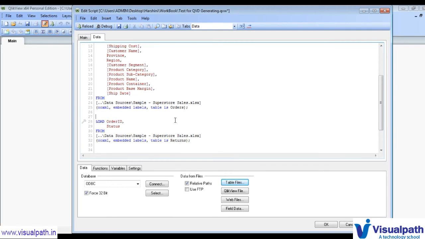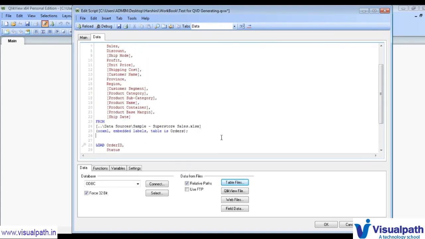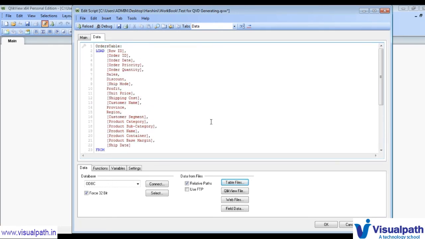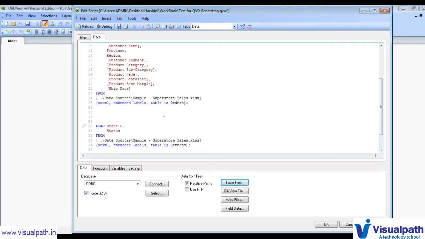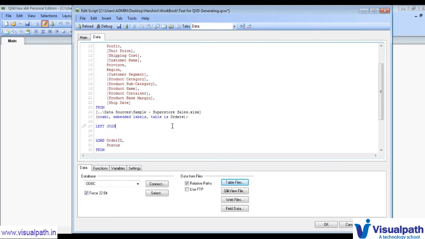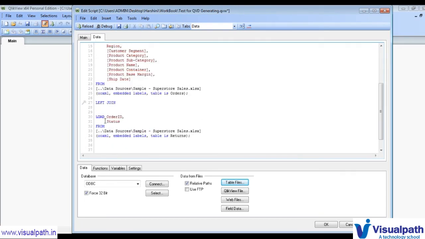So I can do one thing here, friends. Let me just delete them, okay. We can do it from trace. There are two things here, friends. Directly I can create a QVD after joining these two tables, or after doing my data modeling here I can create a single QVD. For example, I'll do a left join between them. What will a left join do? It will take all the data from the first table and the matching data from the second table. After doing that, the table name will be stored under this table only.